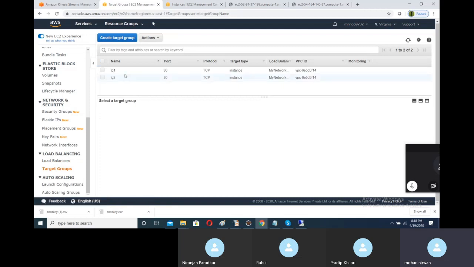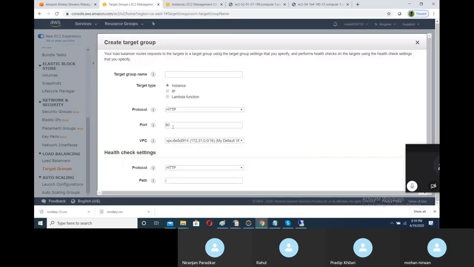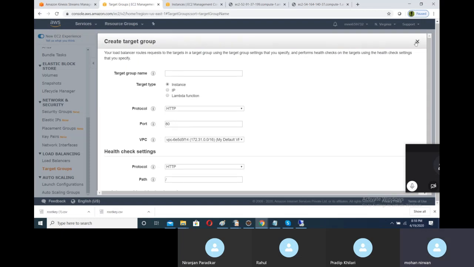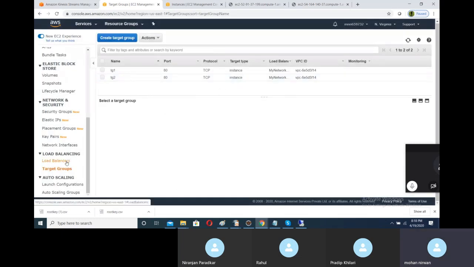Yesterday, why was that not running? While creating the target group, we changed only this, but in protocol we need to select TCP. Because in the listener, when we were creating the load balancer, we gave two TCP ports, TCP port 80 and TCP port 8080, but by default it's HTTP here. Yesterday we had not selected TCP, that's why it was disabled, because that was a different protocol. So I have corrected that, and because of that we are able to change that setting.